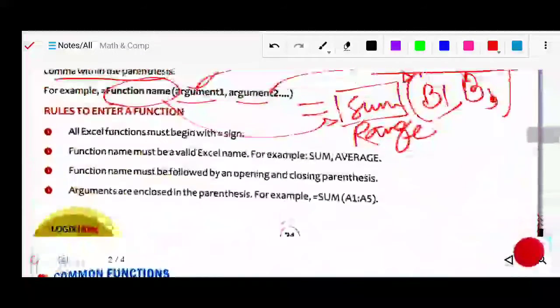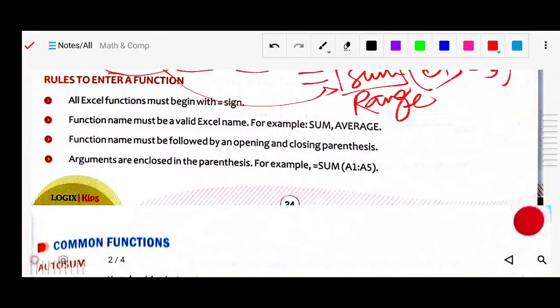Now, rules for entering a function. What rules do we have to follow? The first rule is that all Excel functions must start with an equal sign. The function name must be a valid Excel name, like sum or average. These names are already predefined, so Excel understands them, as they are already programmed inside Excel. If you use the keyword average, it will find the average.